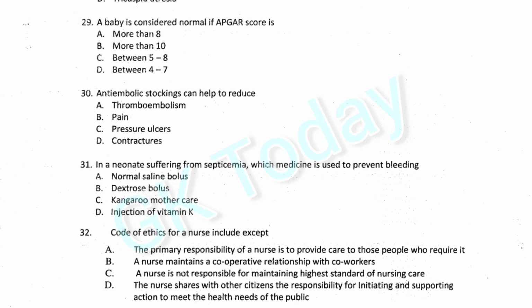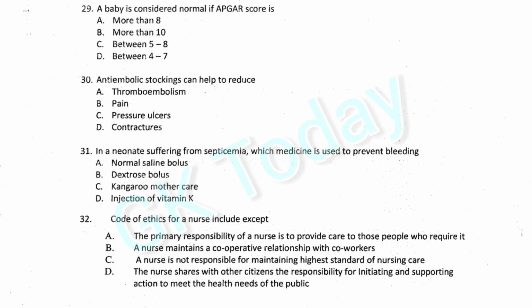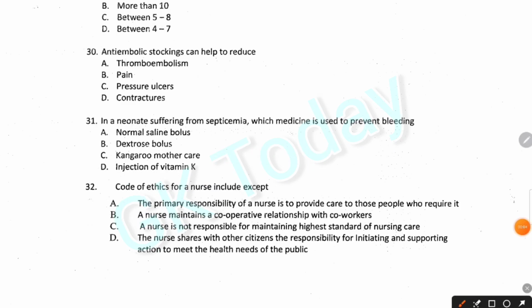Question number 29. A baby is considered normal if APGAR score is more than 8. Question number 30. Anti-embolic stockings can help to reduce